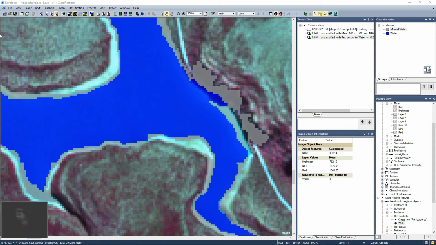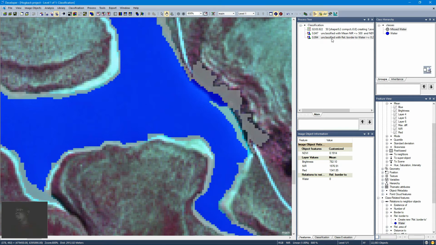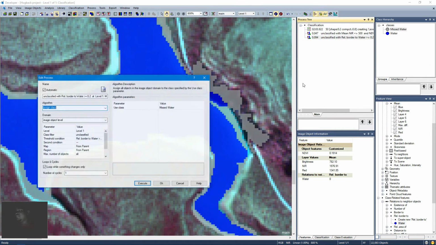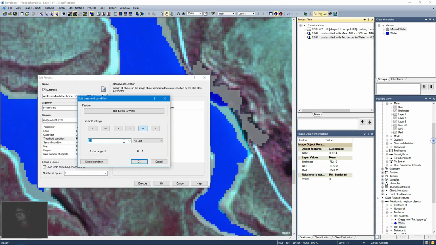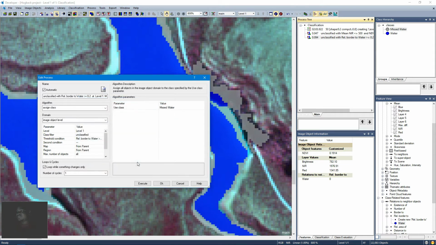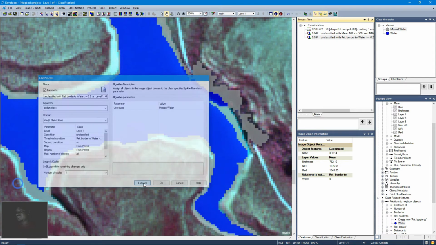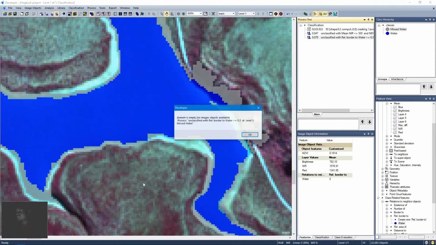So I'm gonna try and edit this, because using 2 kind of mess up this one. So I'm gonna use 3. Okay, so it gives us domain is empty, no image objects available. So what we're gonna do now